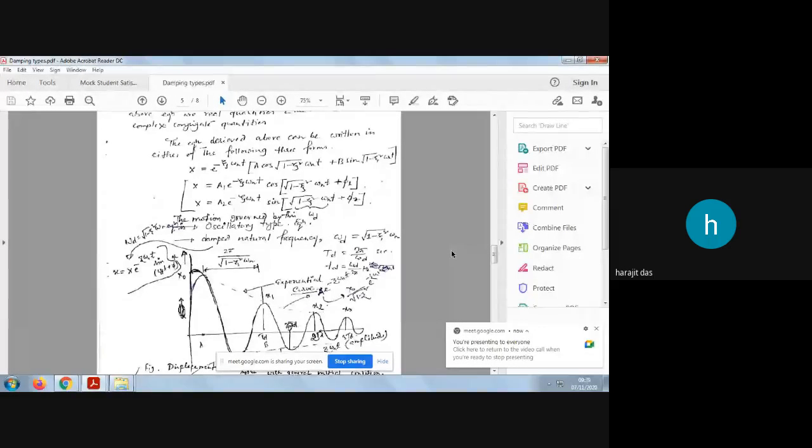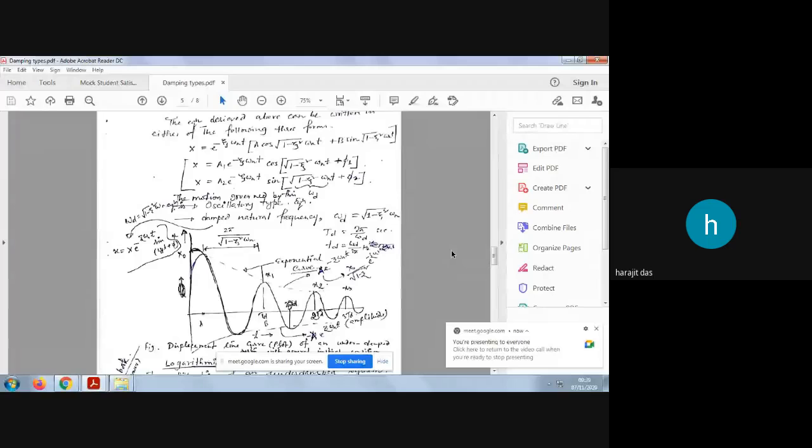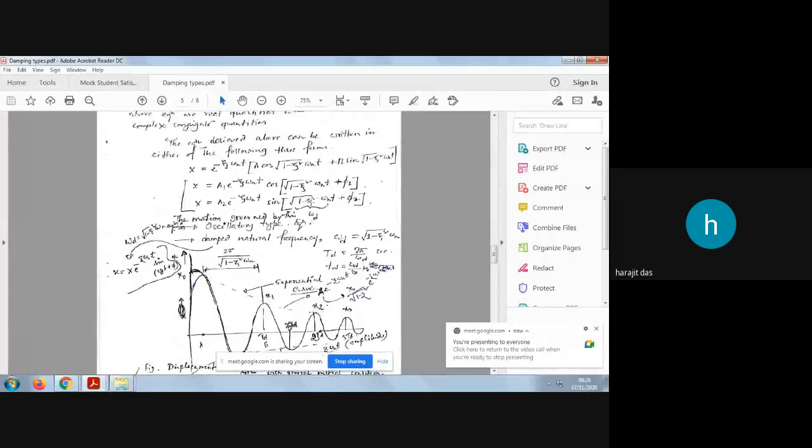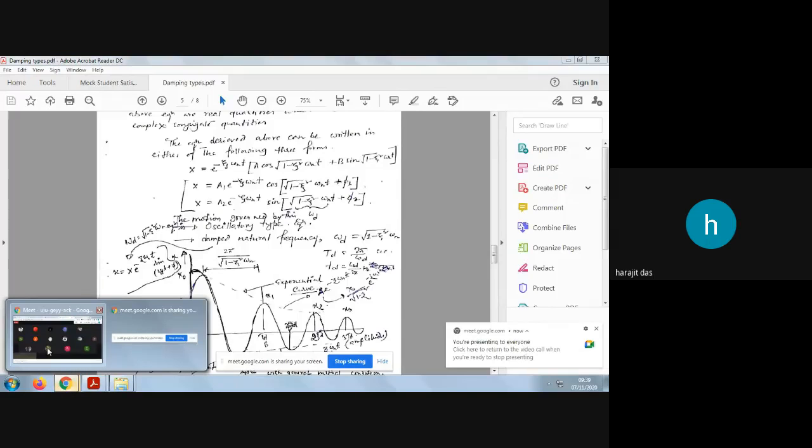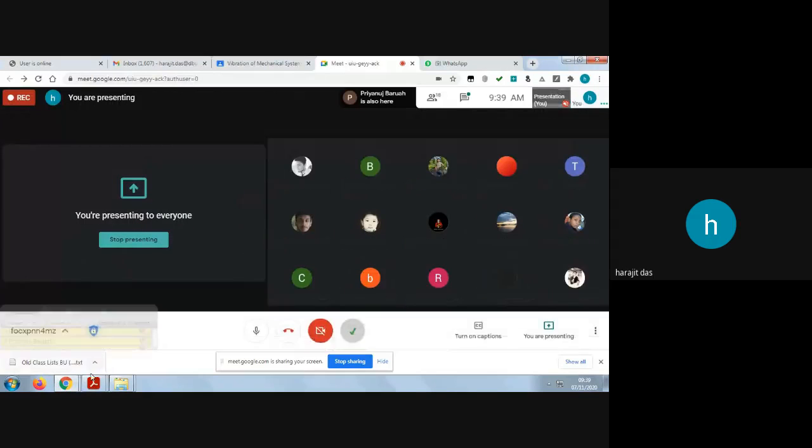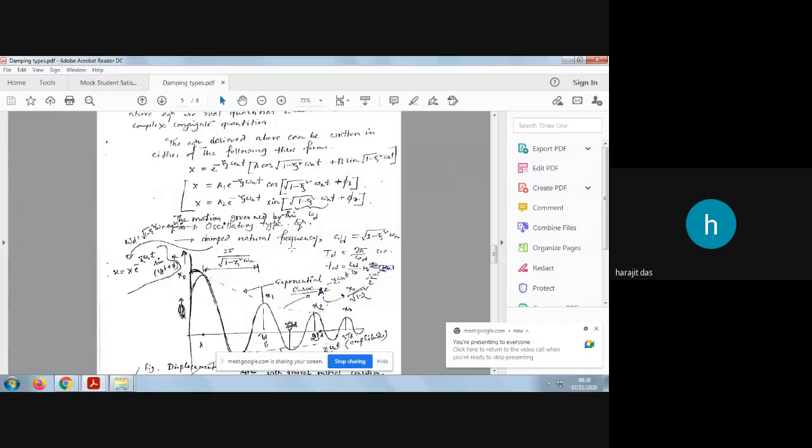So up to this much, we did in the last class. So this was the solution for an underdamped system. Here, if you compare this solution with the basic equation of simple harmonic motion, you will get that this is the magnitude of the amplitude for a damped vibration, and this